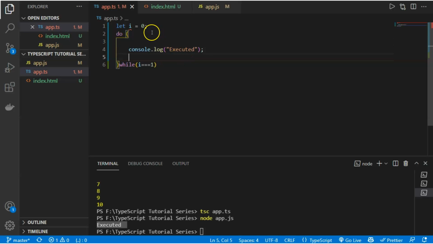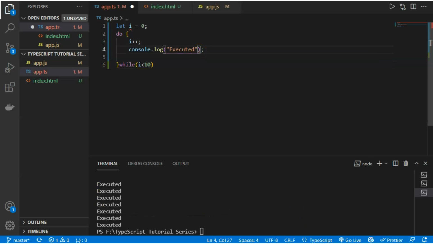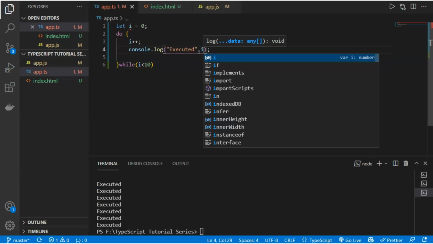So let's write another example: let i = 0, then i++ every time, and then we write the condition while i is less than 10. So it will show us 1 to 10, because it will cover this once and then run till 10. If I also log the i, like "executed" with i,